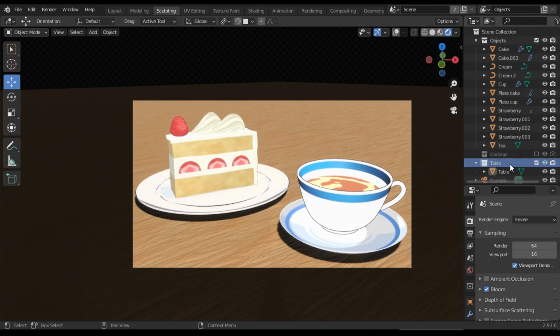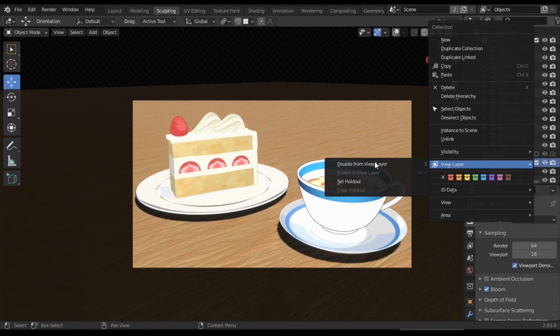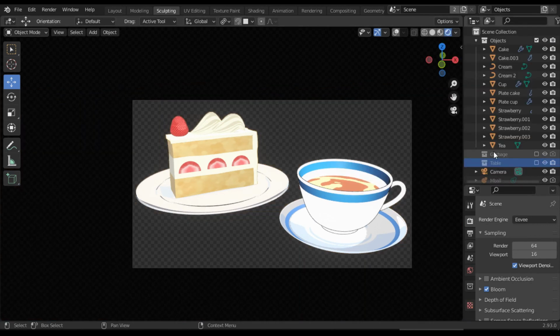Now let's disable the table from the render, and also let's disable the cup by just dragging it to that disabled collection.